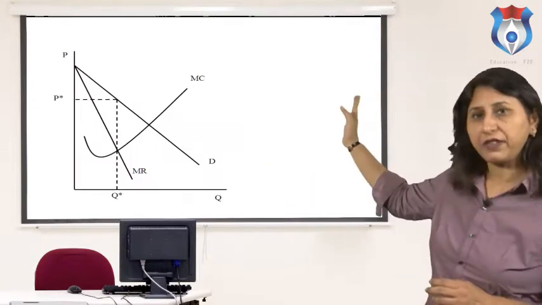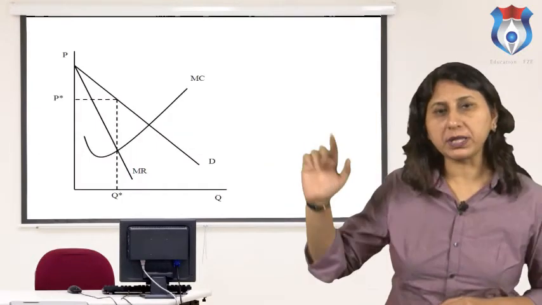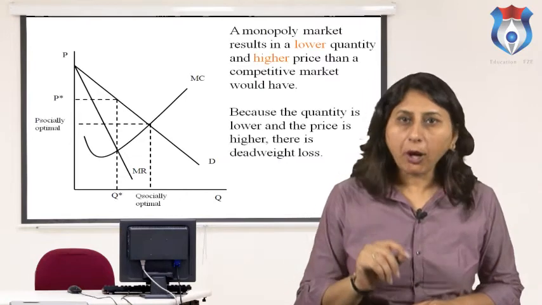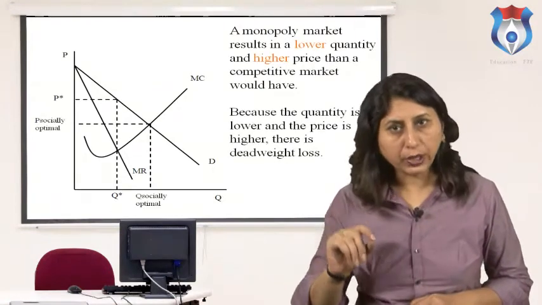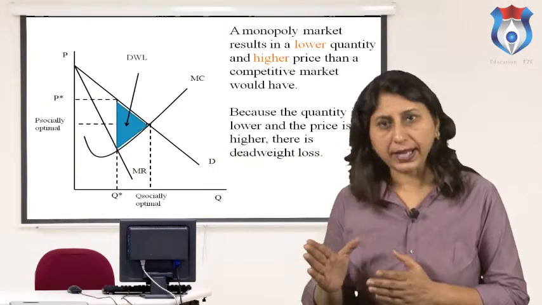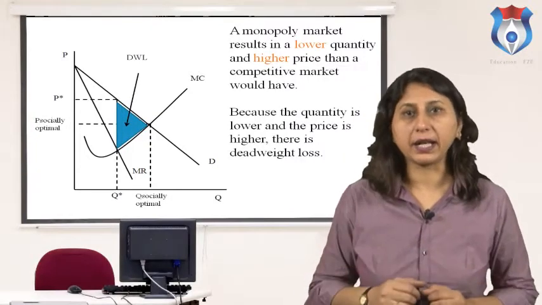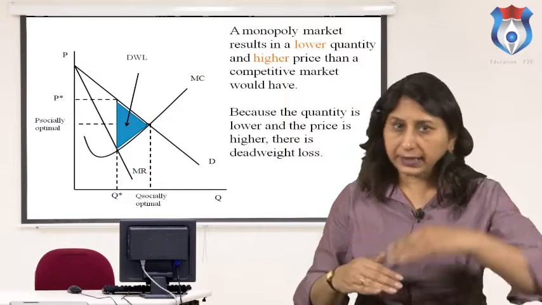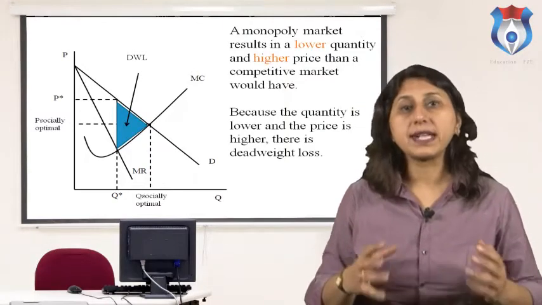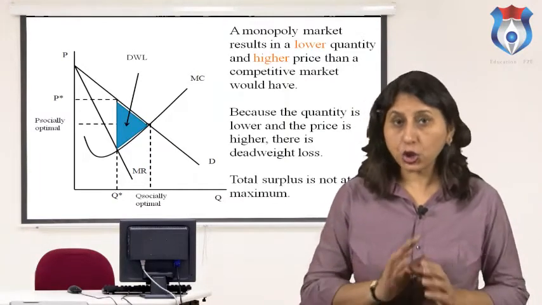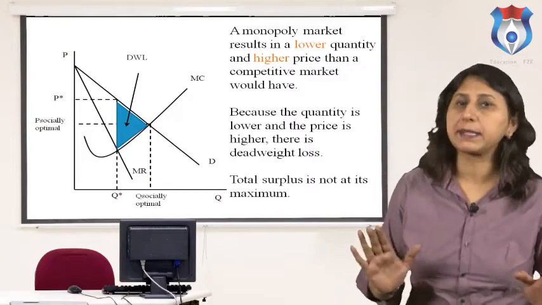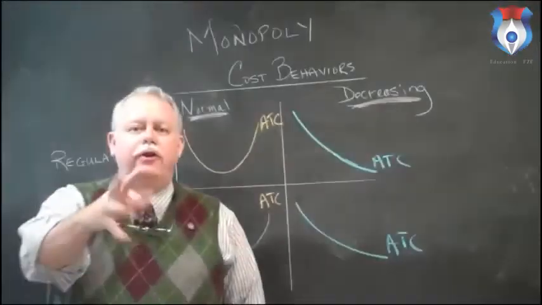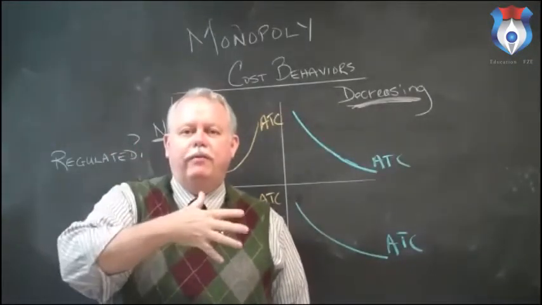Here is the graph which shows the monopoly. A monopoly market results in a lower quantity and higher price than a competitive market would have. Because the quantity is lower and the price is higher, there is deadweight loss. Total surplus is not at its maximum. This is an introduction to the concept and the graphs